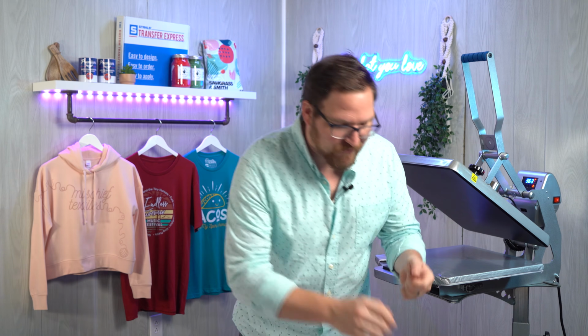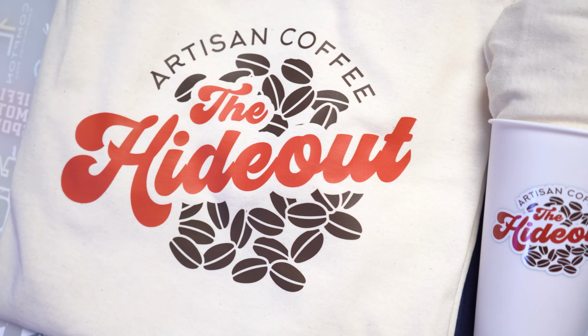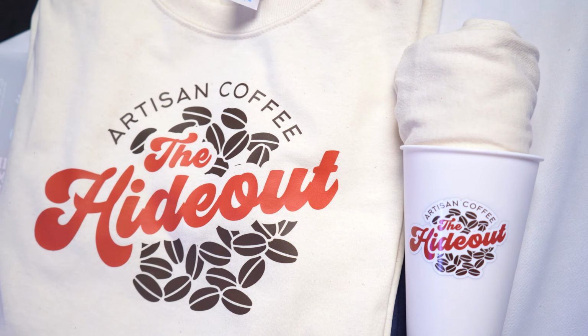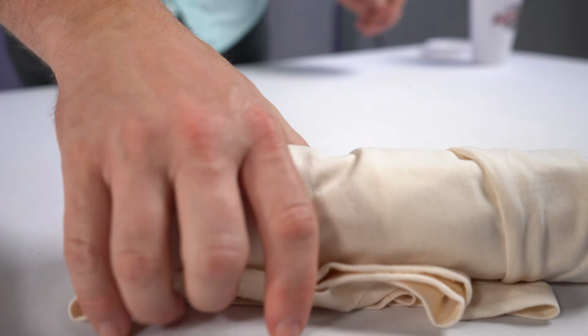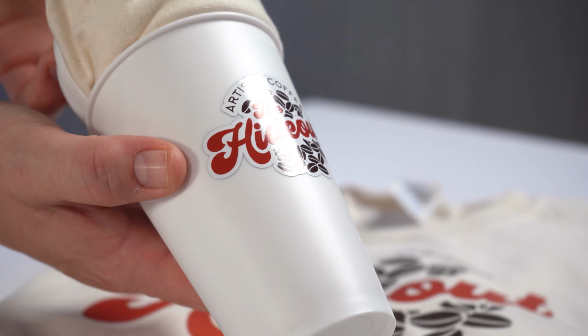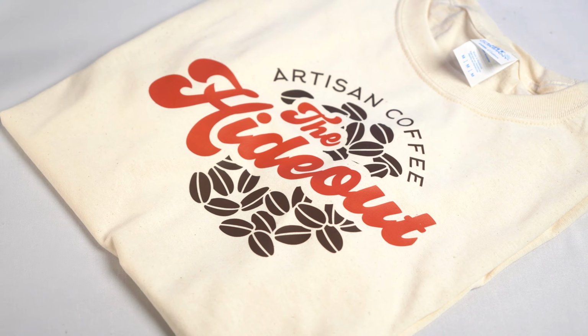One of my favorite things to do here is have a little bundle. So this one is using just a rolled t-shirt. You could take the lid and just kind of stuff it in the back there. But these are awesome, easy, portable for taking to events. And this one for a coffee shop looks great. Now these stickers are dishwasher safe,